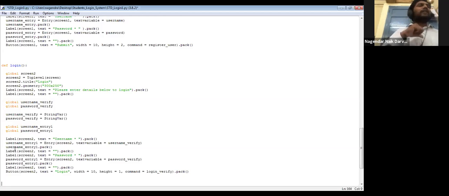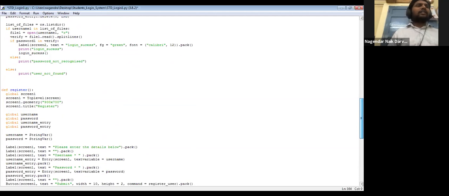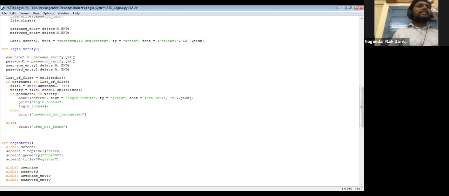So now it is for read purpose. In the registration window, the file is opened for write purpose, and in login the file will be opened for read purpose. So go to the file, open that file, read that file, and compare whether the data entered at login time and the data that already exists in the file, which my registration process saved, are equal or not. Verify.